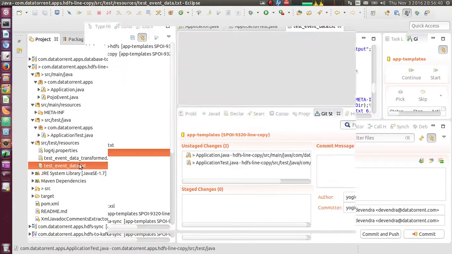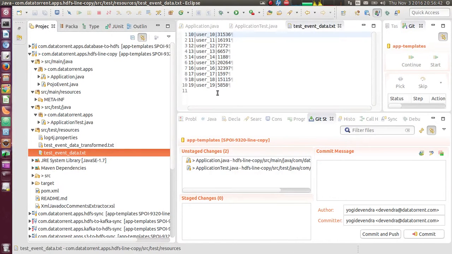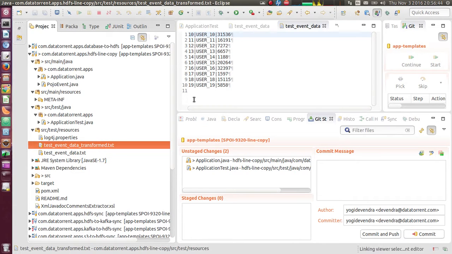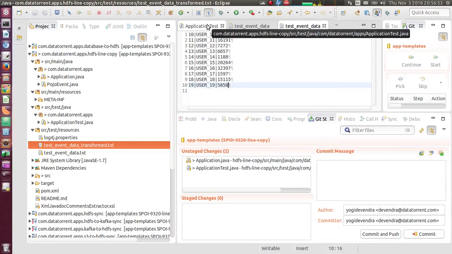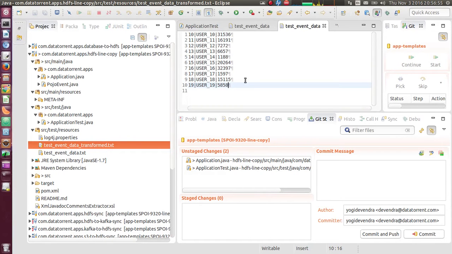So if we look at this file, this is my original data and this is my transformed data. So when I run the application test along with the transformation, I am expecting these results.